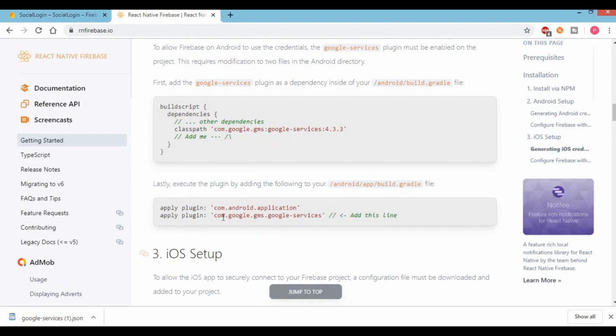And the next step is apply plugin. So I will check if the Android plugin is present in the file or not.